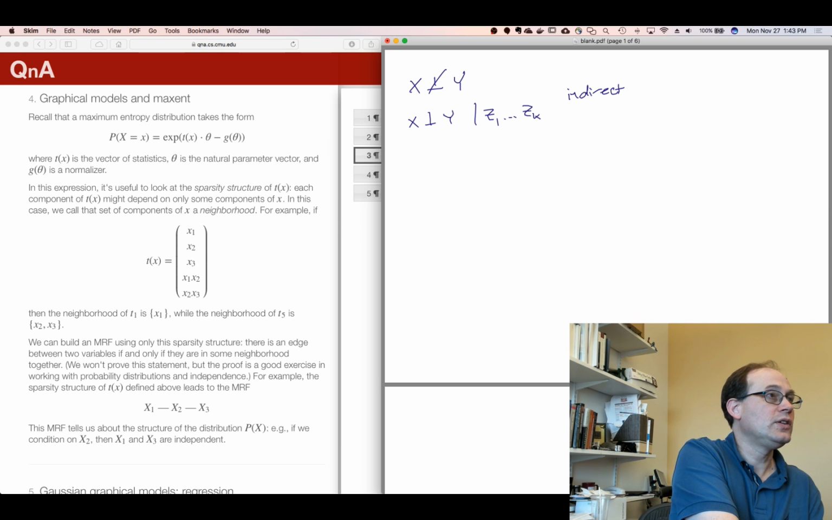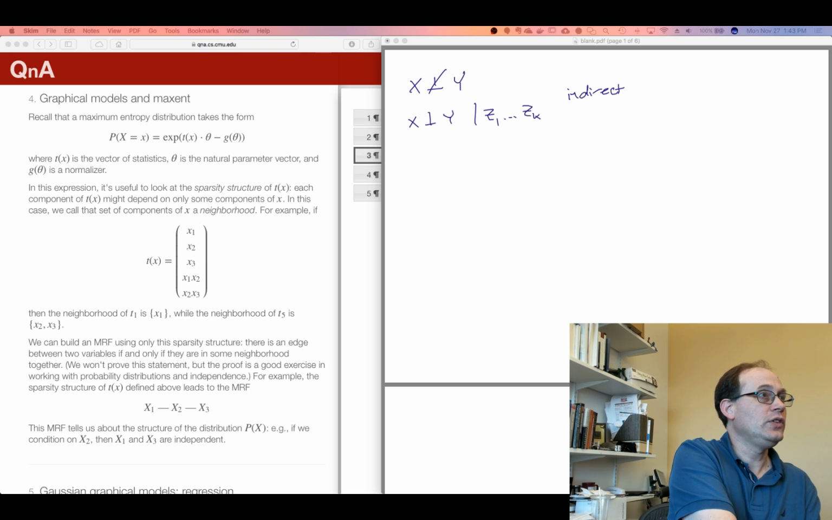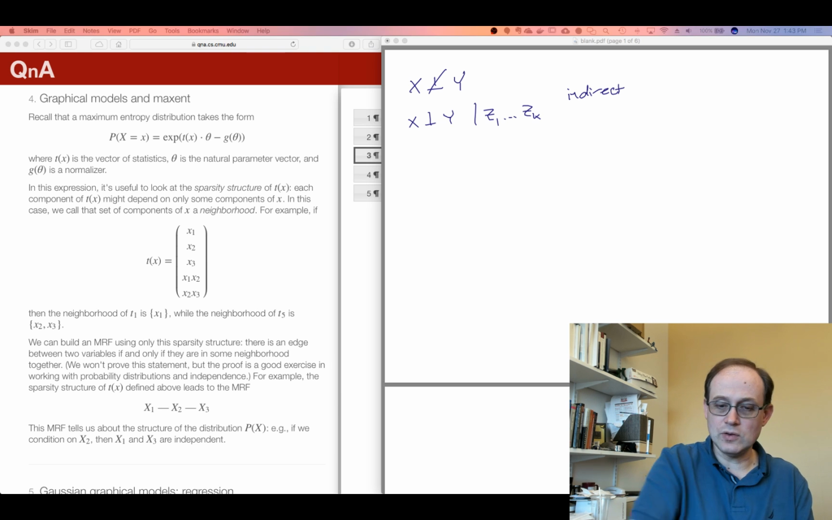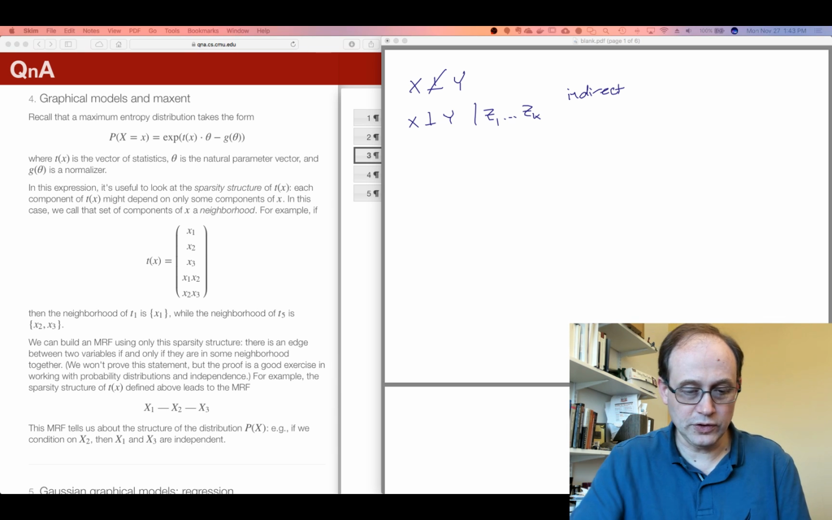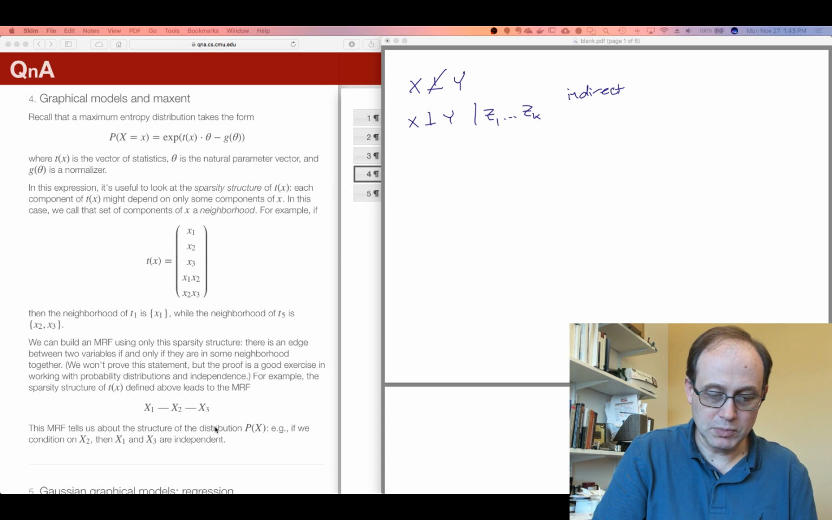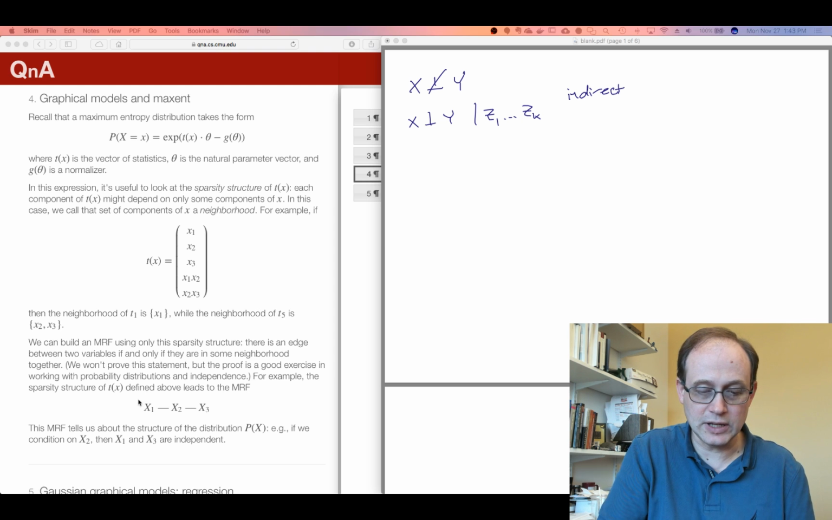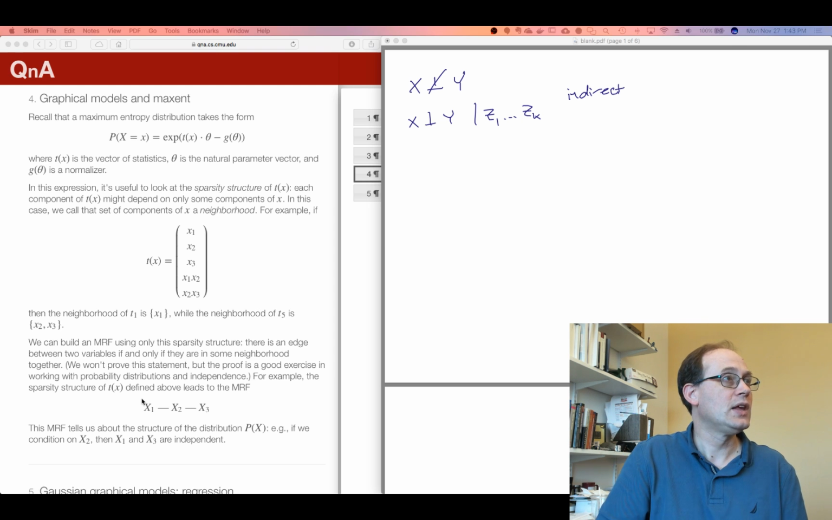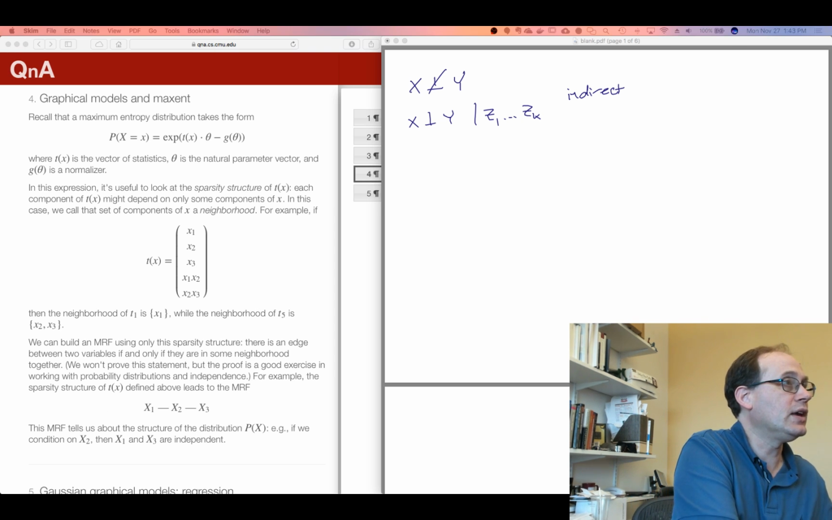Let's see. So we have a couple of questions. The first question is to draw the graph for this given t of x. But in fact, this graph is already here. This is the graph right here later in the notes. Another one is asking